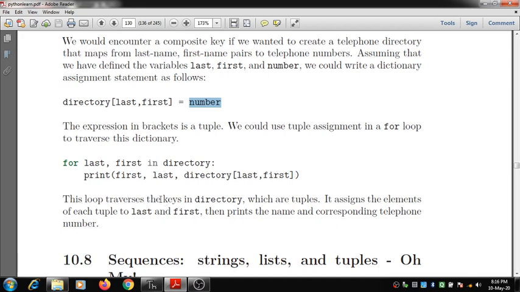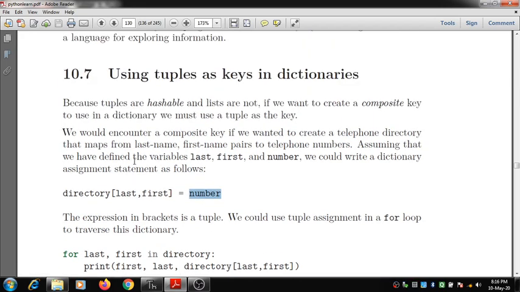This loop traverses the keys in the dictionary, which are tuples. It assigns each element of the tuple to last and first, then prints the name and the corresponding telephone number. This is how normally we use tuples as keys in dictionaries.